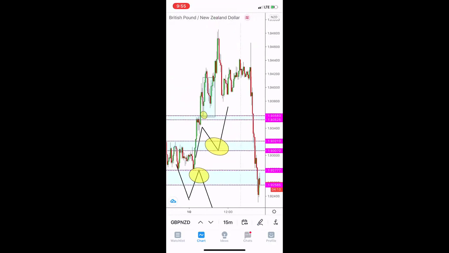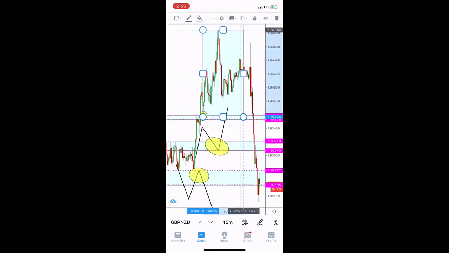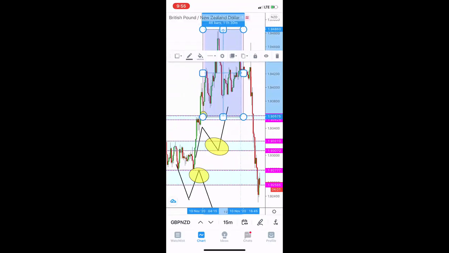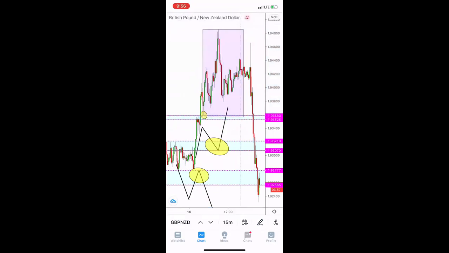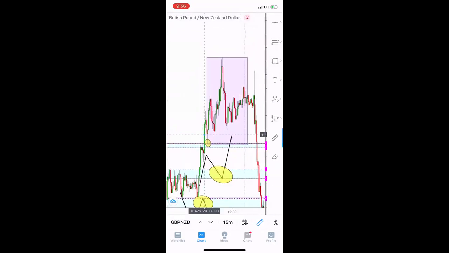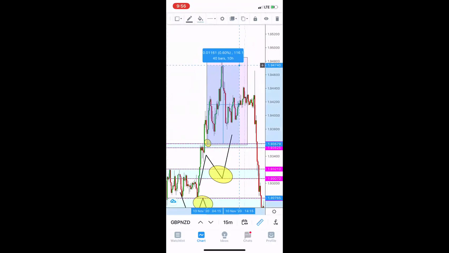And then I think this went for how many pips? Let's measure this out. Uh, 128, I believe. Yeah, 127 potential,